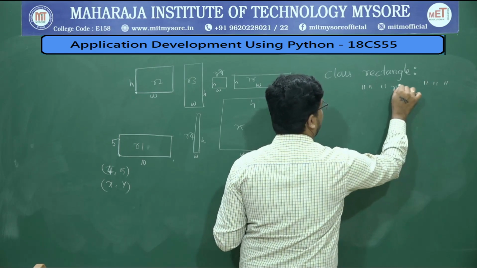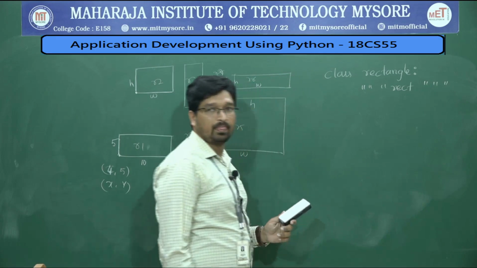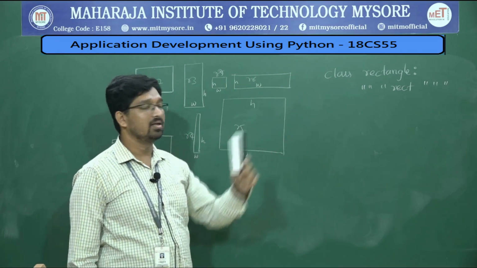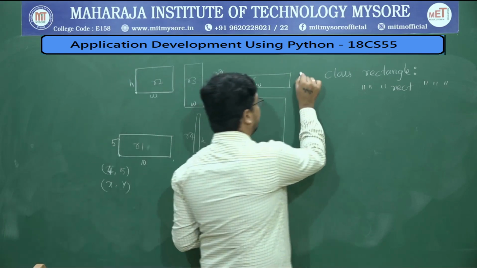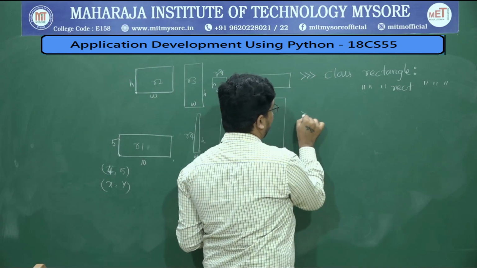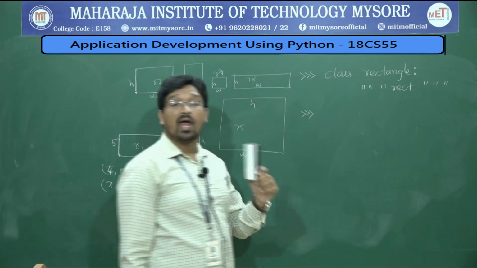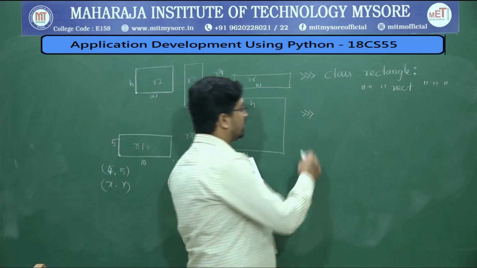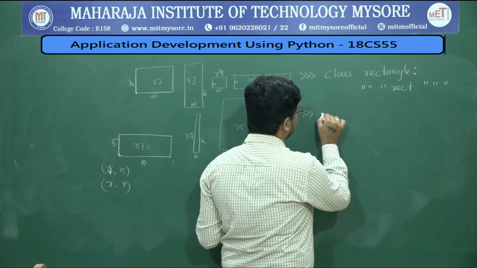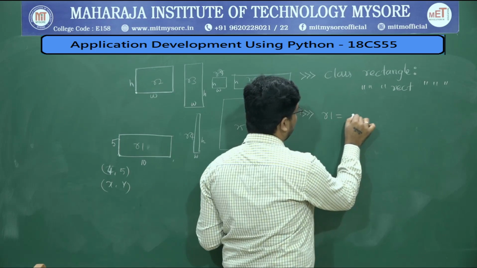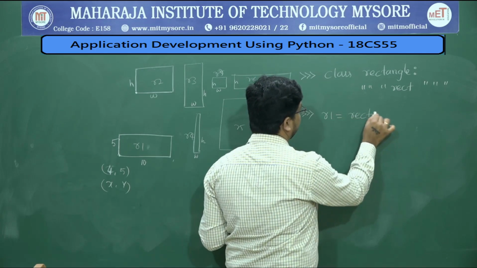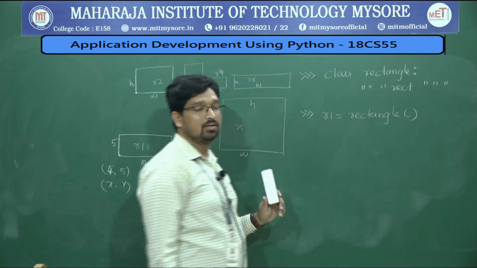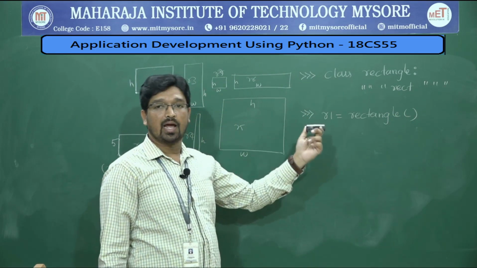Okay, if you want you can write a docstring. You can have an empty docstring also, but I will write simply some words, "rect". Once it is done, what is the next step? You need to create a rectangular object. Directly you cannot store width and height information, so you need to create a rectangular object. So let us consider R1 is equal to rectangle. So this is how you create a rectangular object.